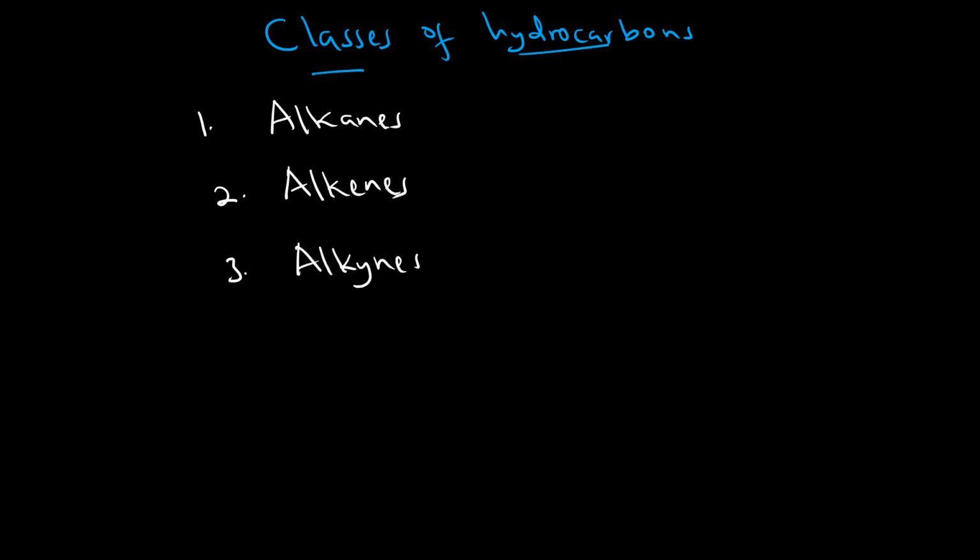What makes them classes is that compounds under alkanes have certain physical properties that are similar and certain chemical properties that are similar to them. The same applies to alkenes and alkynes. That's why we call them classes. Just like students in maybe senior 1 may be of the same age group, and then students in senior 2 may also be of the same age group. So classes of hydrocarbons will basically be alkanes,